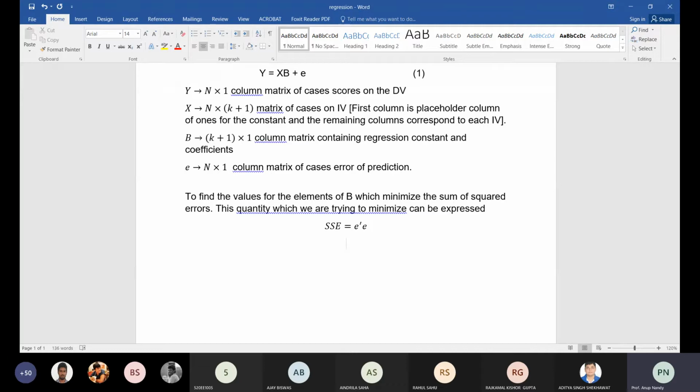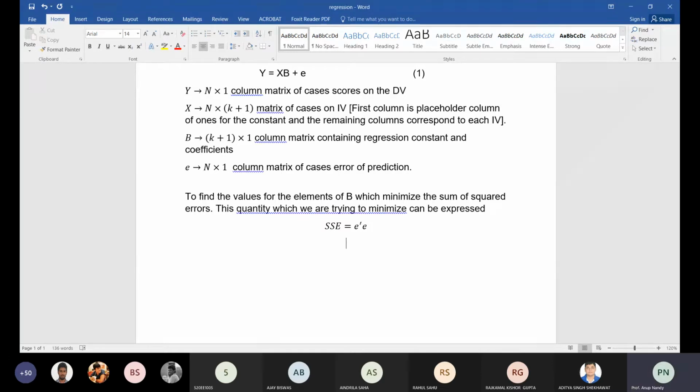Sum of square of x you can write by x bar x, or simply if you have x transpose x, which gives us the sum of square for x. Sum of square of x you can write x transpose x, it gives this sum of squares of x as per the matrix algebra. Okay, so we can write in this way.